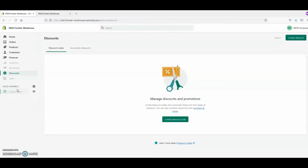But the one thing I want you guys to see as I'm presenting this is that a few of these are blocked out. That's because the system administration doesn't want the Wild Frontier warehouse worker, and again, I might be confusing you, the assistant manager, to be dealing with all the analytic stuff, because we're dealing with multiple different kinds of analytic processes here with Zapier and AWS and Shopify. The marketing is done by a completely different account. But the big one, the reason why those two are kind of related, is because we don't want anybody touching the online store, and unfortunately there are parts that are intermingled with each other. But the modification of the online store is something that we want to be secure about,